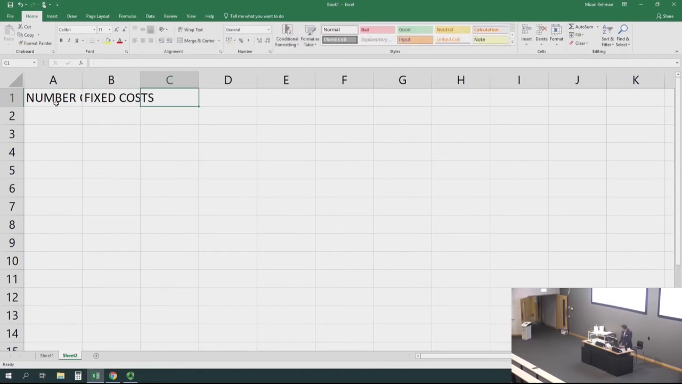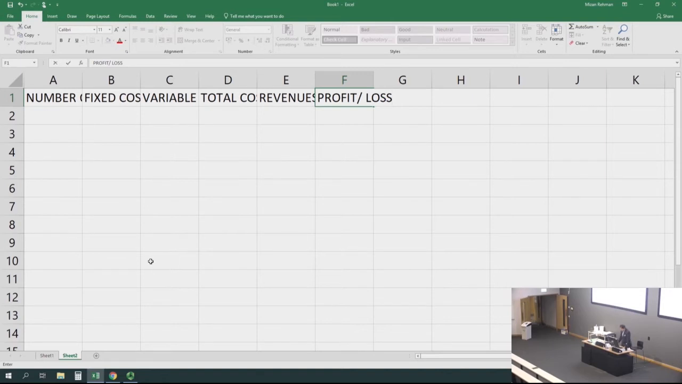Fixed costs. Variable cost, total cost, yes. Profit or loss. Those who already know Excel, please bear with me, but I need to make sure that everybody actually